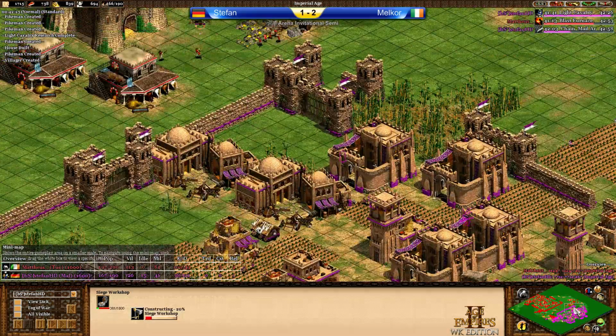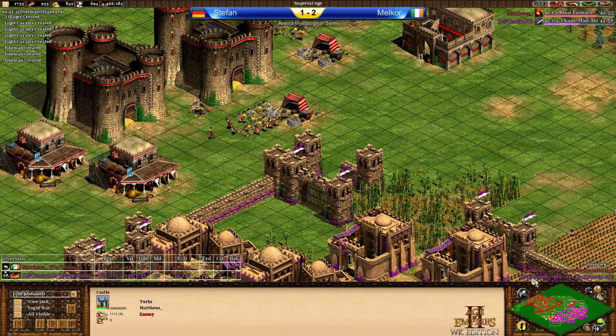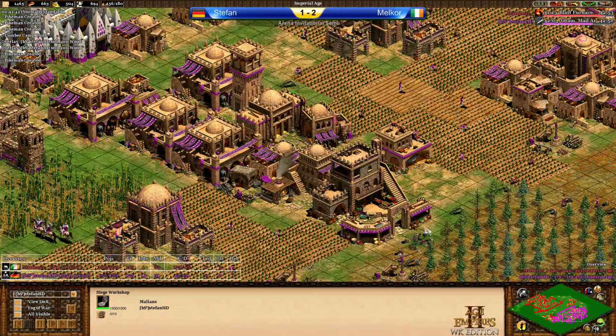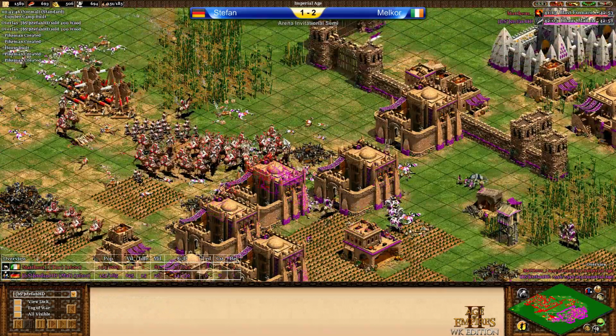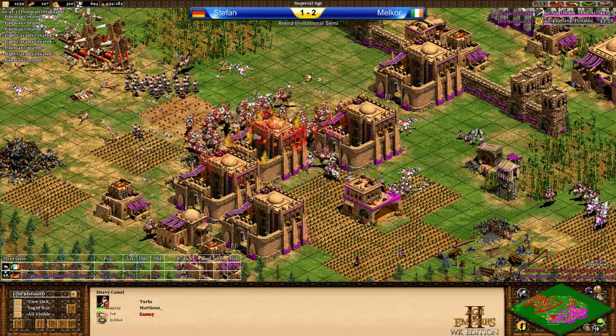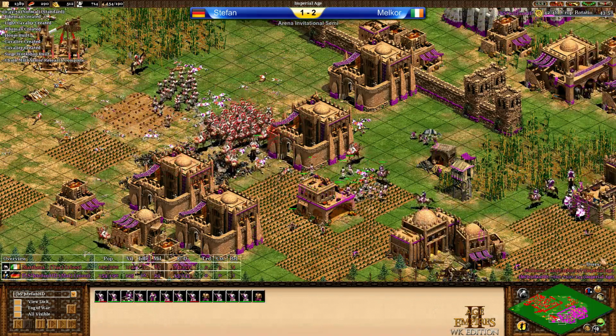You're getting attacked on the left hand side. Your gold on the right hand side is covered by 2 castles. You don't have siege. And does Stefan have a siege workshop left? Yeah, there's one, but he's not going for bombard cannons or anything. And no castles, no, 1 relic only, and you're getting attacked by like 50, 60 military units on the left